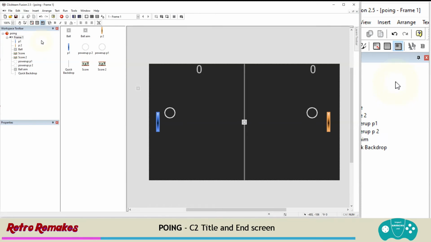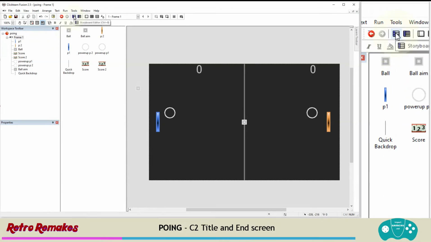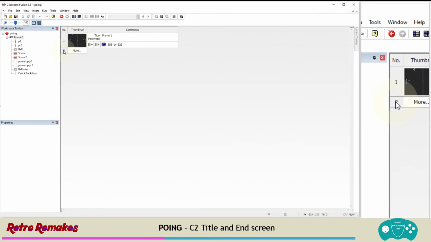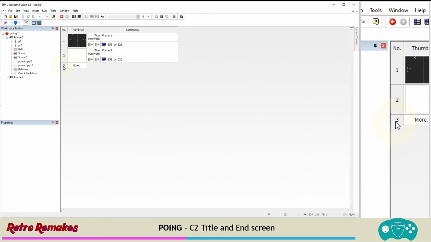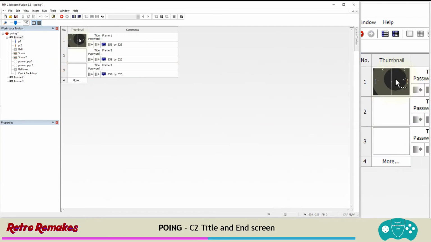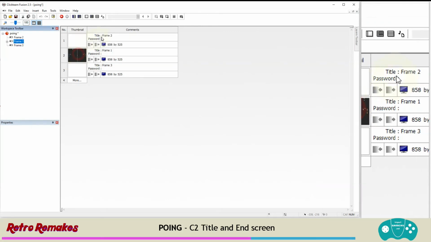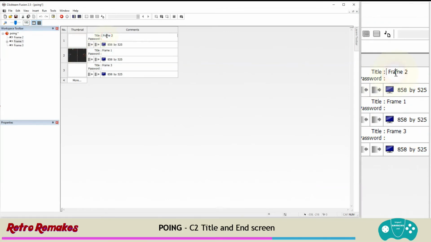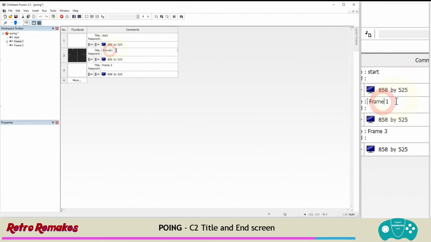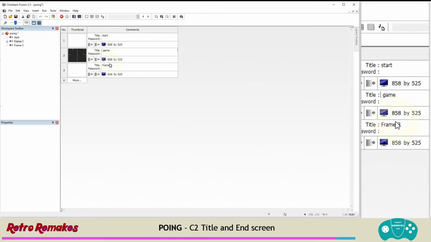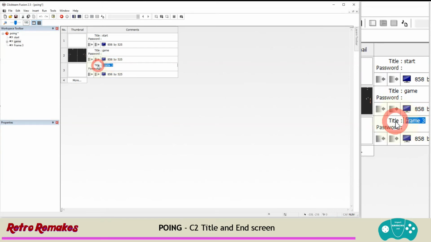So we'll be using it all up. We're going to go back to the storyboard editor where we started, and we're going to click on the number 2 to create frame 2 and number 3. And then we're going to shuffle them around. We're just going to pull frame 1 into the center, and now we'll name them. This is going to be the start screen, frame 1 is the game, and frame 3 is the ending